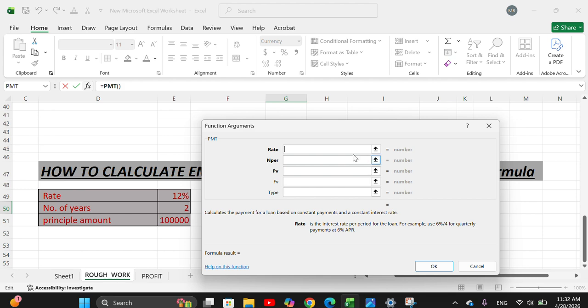So your rate of interest is 12% divided by 12 because you are calculating the per month EMI. If you are calculating quarterly EMI, then divide by 4, and half yearly, divide by 6. Number of years 2 multiplied by 12, 24 months, and your principal amount is 1 lakh, and click OK,